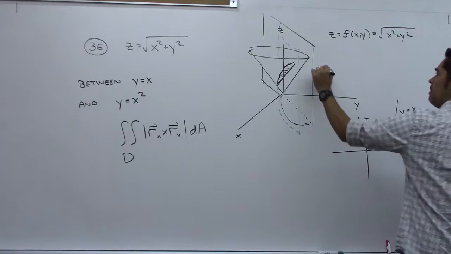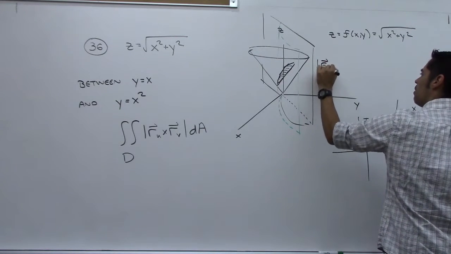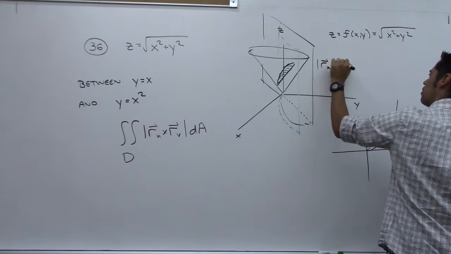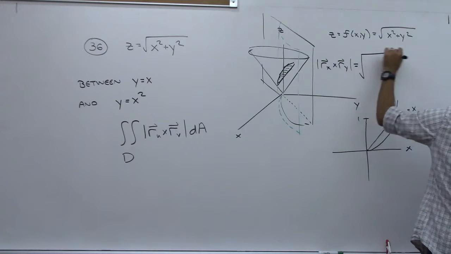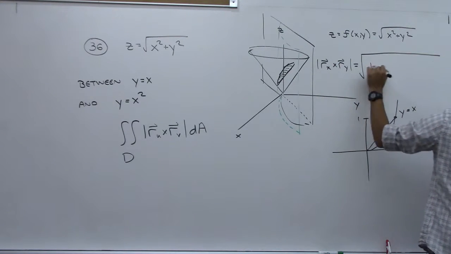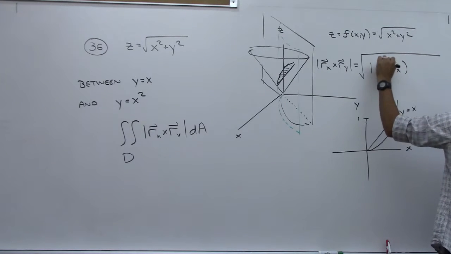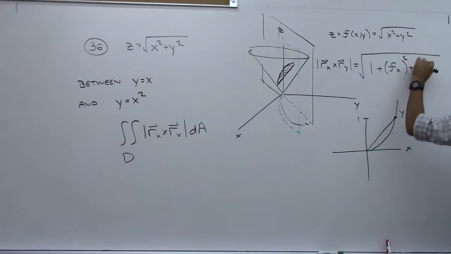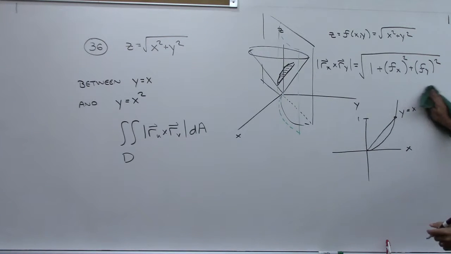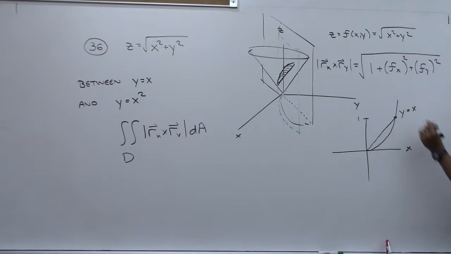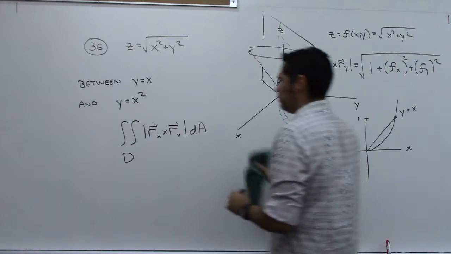And therefore, the partial of r with respect to x crossed with the partial of r with respect to y should be equal to the square root of 1 plus the partial of f with respect to x squared plus the partial of f with respect to y squared. So we've been using this formula. I think I'll keep this here. And that should be equal to,